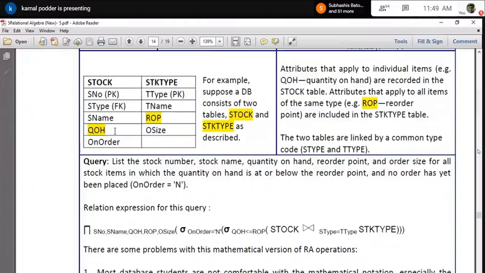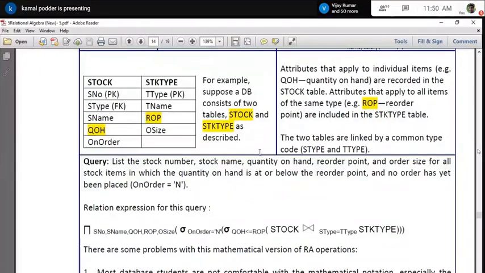So at any point of time we keep what the quantity on hand is, and the quantity on order, meaning orders already placed which have not yet been received, is also kept somewhere. And another table is the stock type. Depending upon the stock type, you have specified a reorder quantity, ROP or something like that.